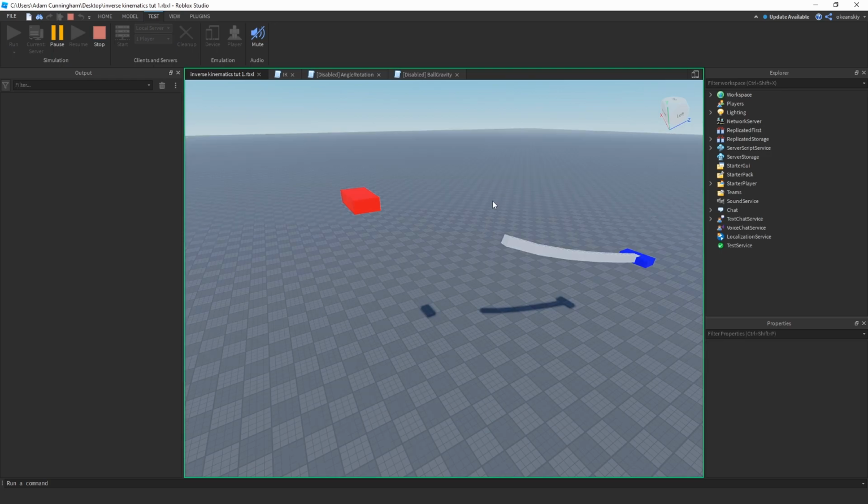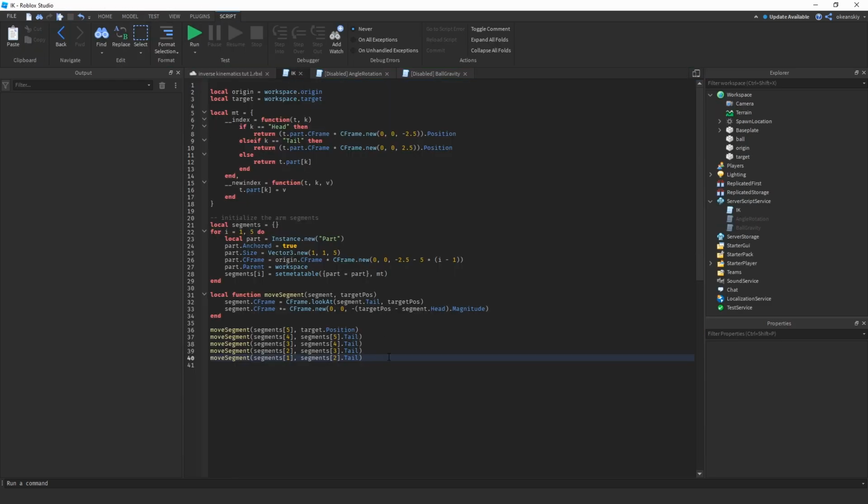Once again, we need to find the difference in positions. I need to find the offset. Okay. I need to find the position from the tail of the first segment to the origin position. So that position right there. Okay. So we'll go ahead and find that. That should just be, I'll call this the offset. And we'll say target position, or I'm sorry, origin dot position, from the origin position